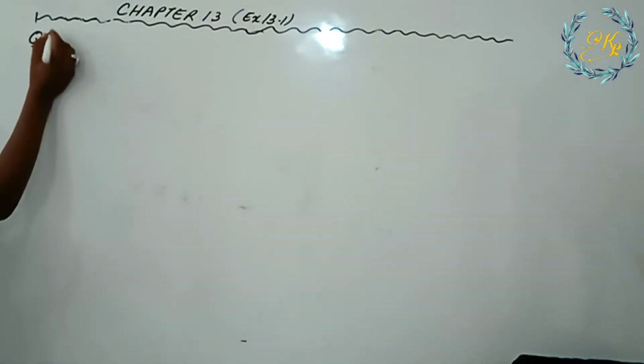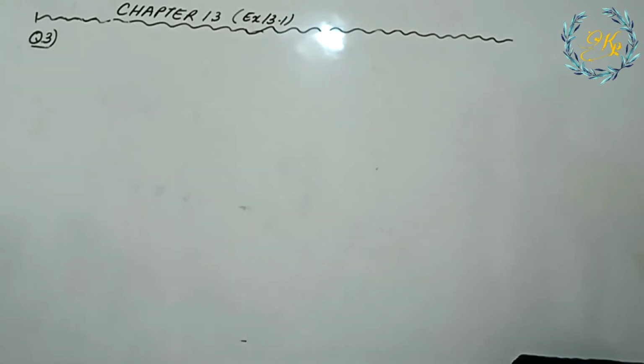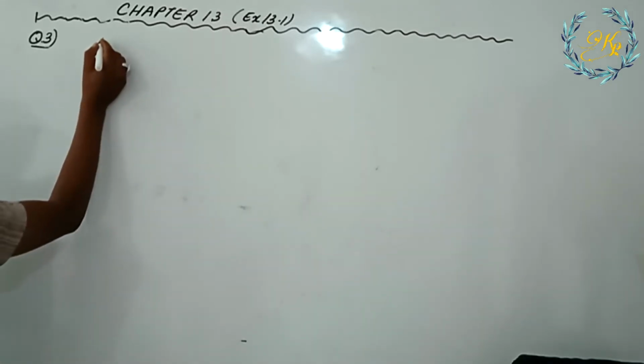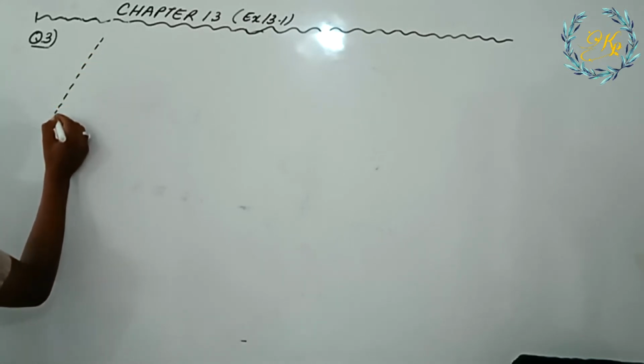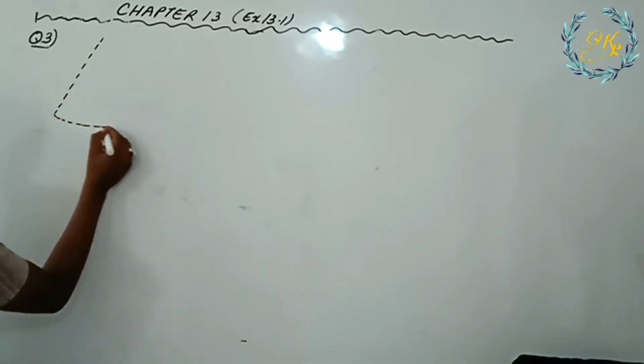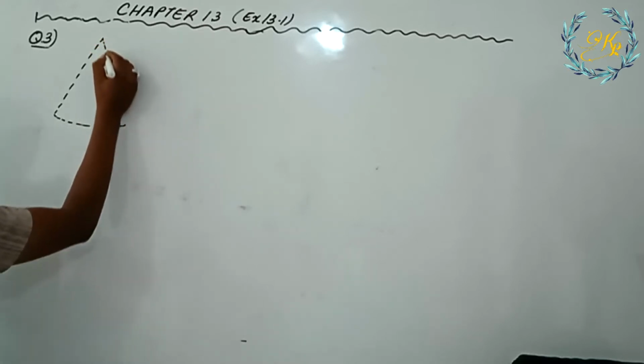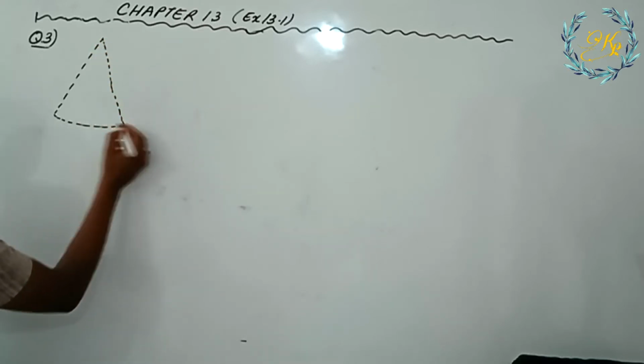Going to question number 3. Let's read the question. A toy is in the form of a cone. So let's draw the cone first. I'm going to draw both the surfaces using different lines. We are given a cone